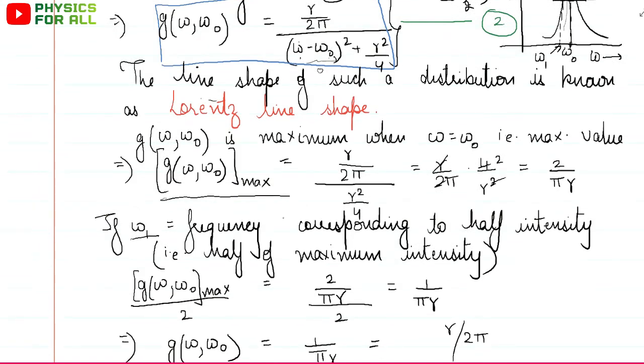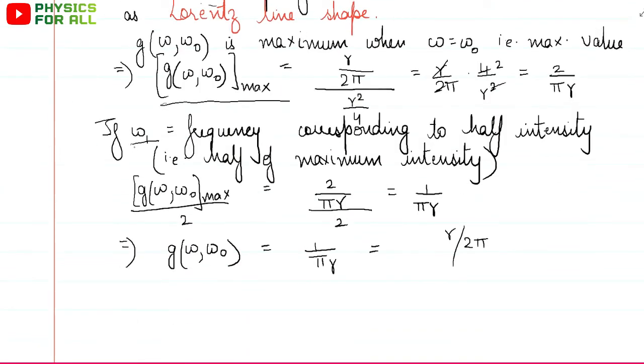Now remember, whatever I am doing here now is for omega equal to omega 1, because we have assumed that omega 1 is the frequency corresponding to half intensity. So this thing, omega 1 minus omega naught whole square. This is the main point. Everything is same. The only difference being here, we have actually given a value to omega. We were talking of that, yes, there are different frequencies. So now we have considered that frequency where intensity is half of the maximum.